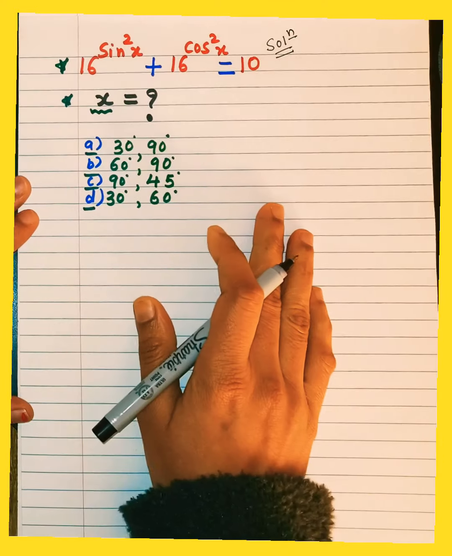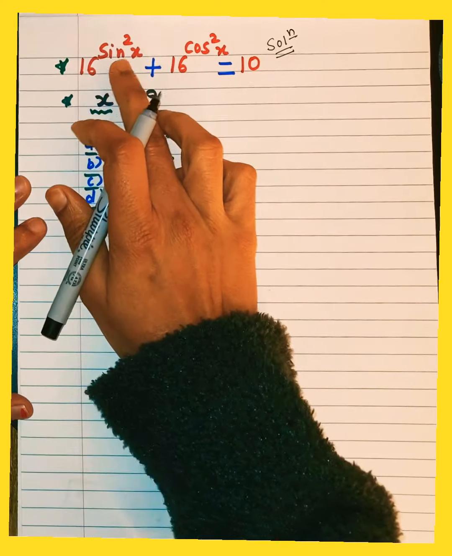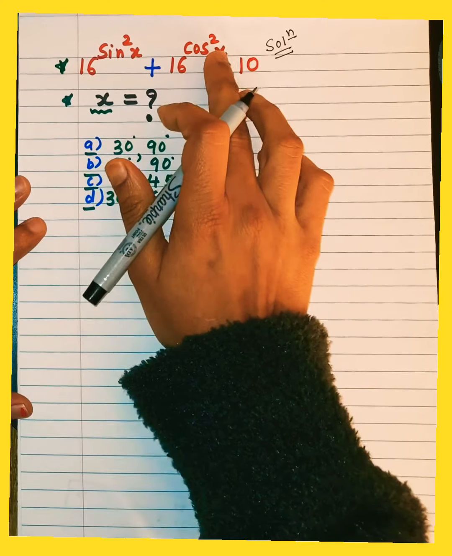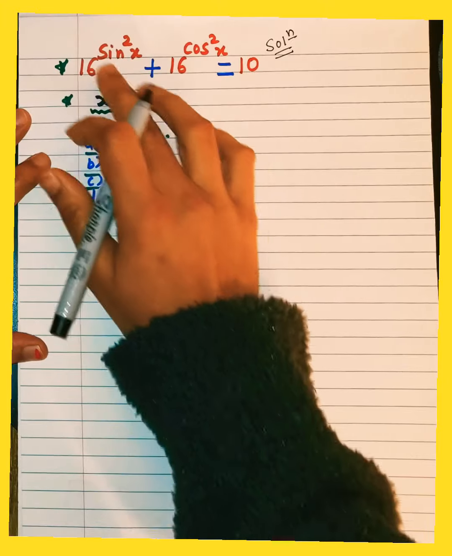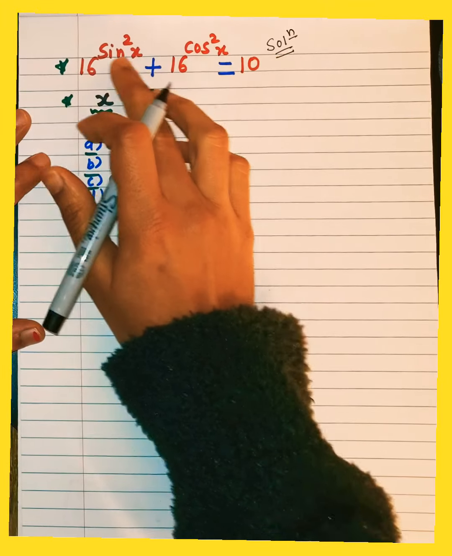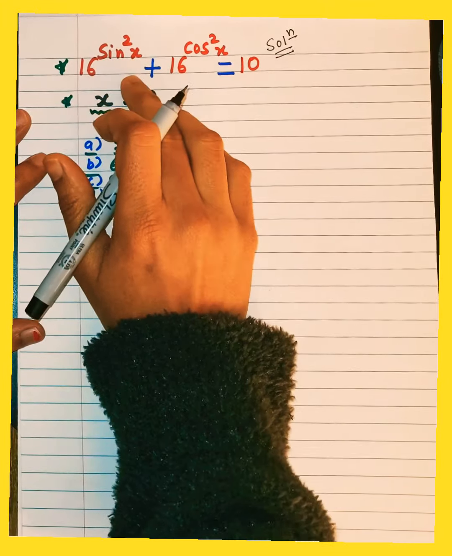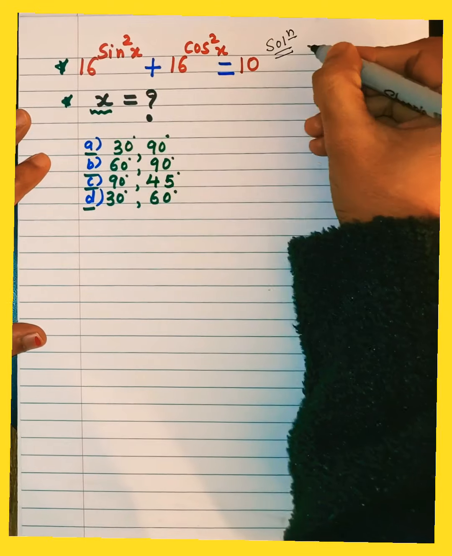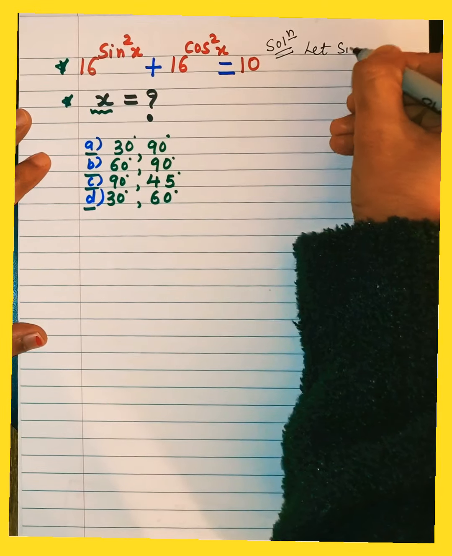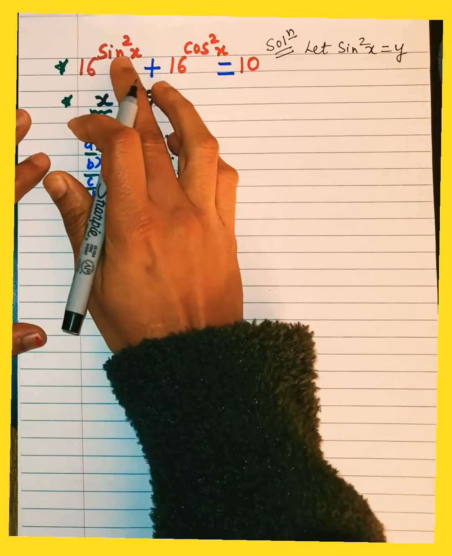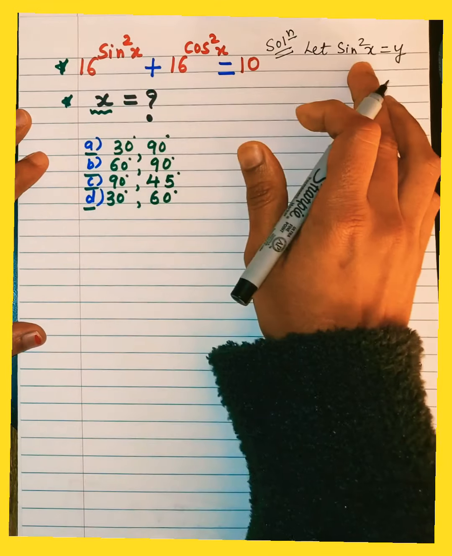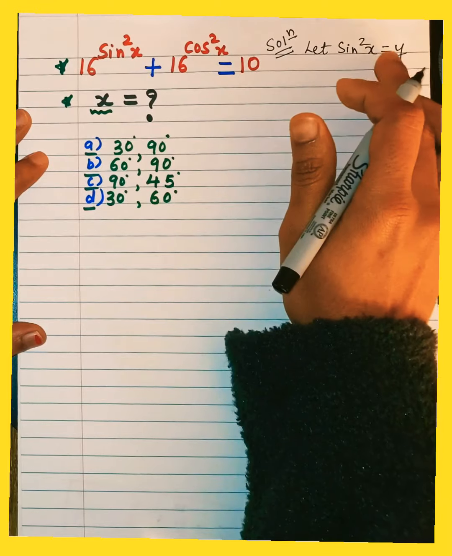So first of all, here 16 raised to sine square x plus 16 raised to cos square x equal to 10. This part is given to us. Now in this part, let us assume that sine square x is equal to y. So let sine square x equal y. So this sine square x, I am assuming it as y. So if this is y, then